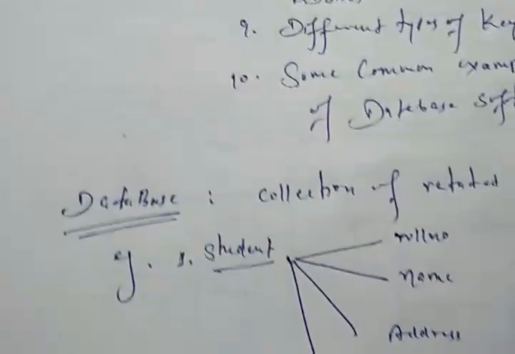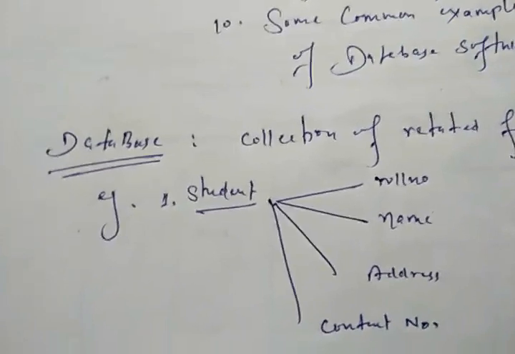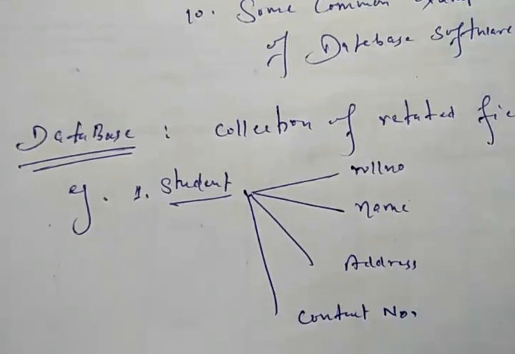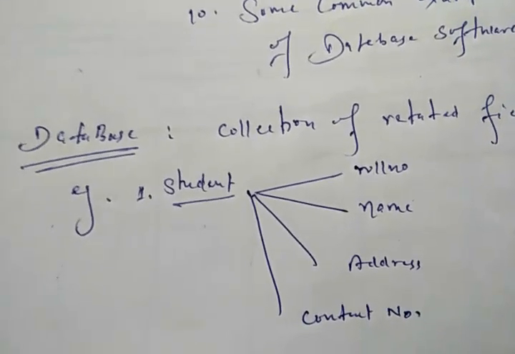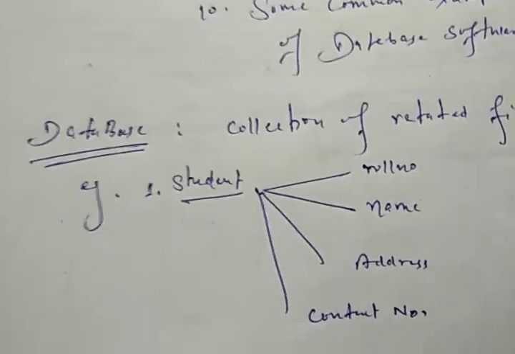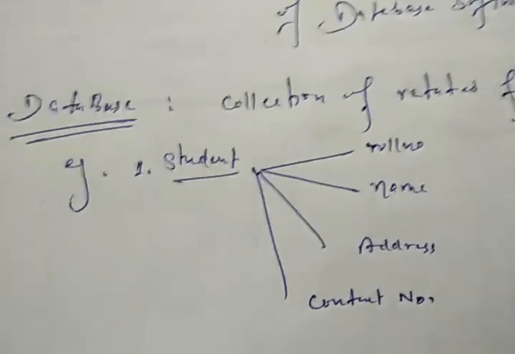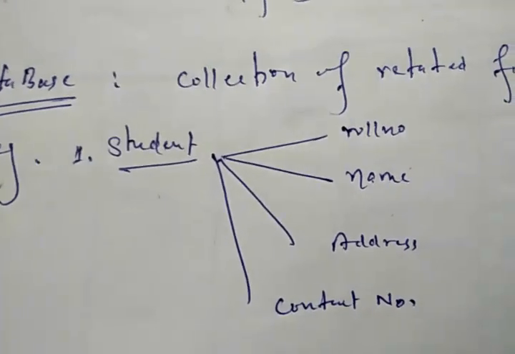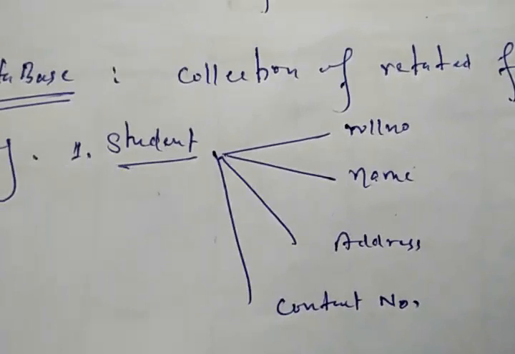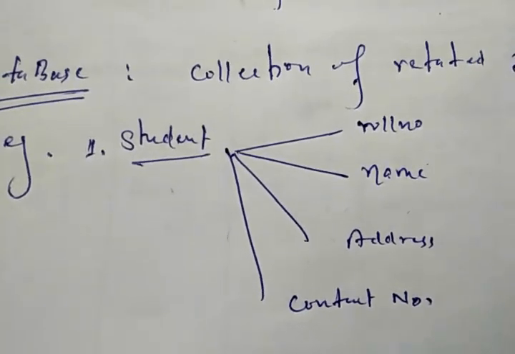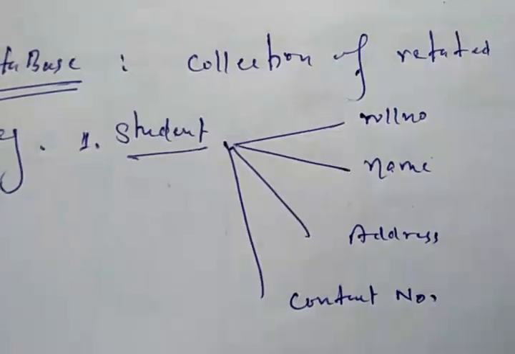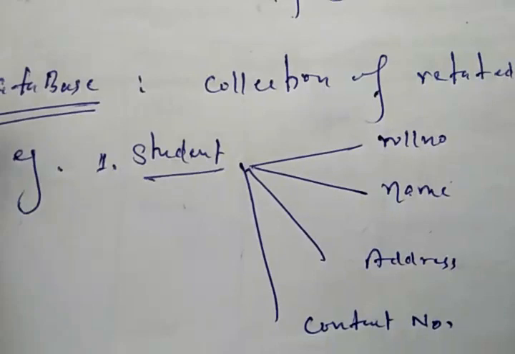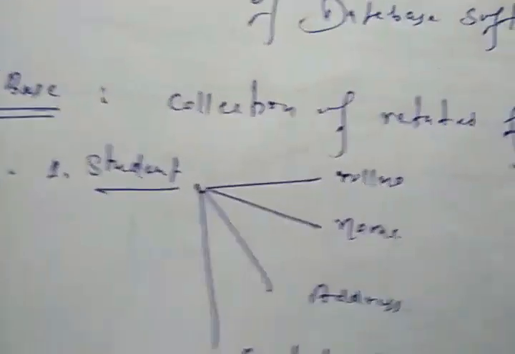So the first thing, what do you understand by a database? A database is a collection of similar fields and all the fields should be related to a particular entity. Here we are taking one example, student, and the fields of student are roll number, name, address, contact number. So here we want to create our database student and no other field is here which is not related to the students. So student is here our database,